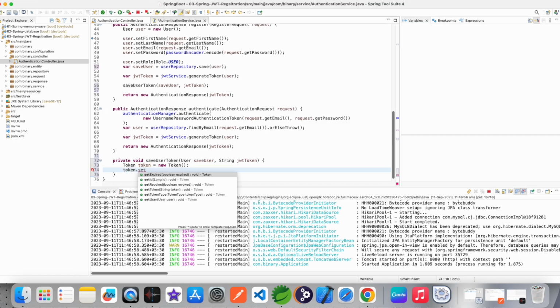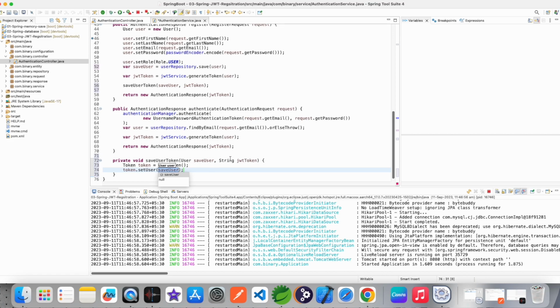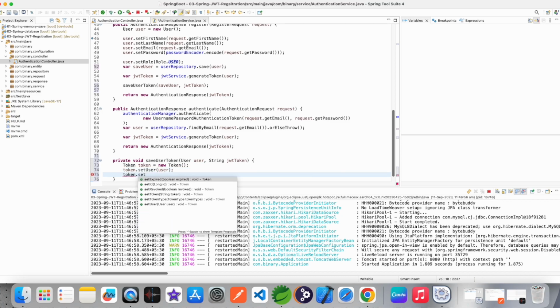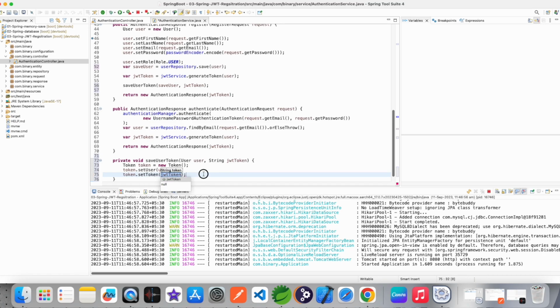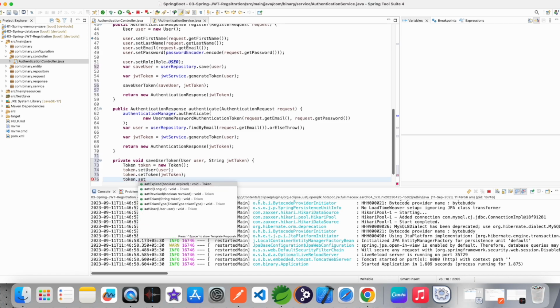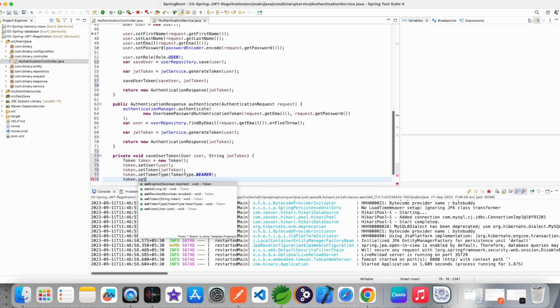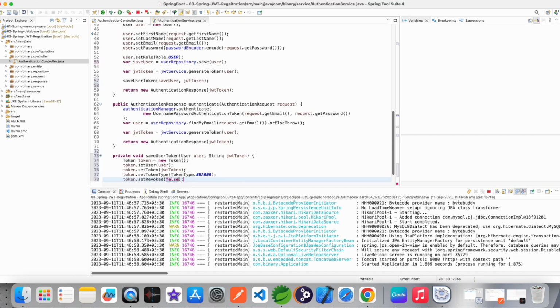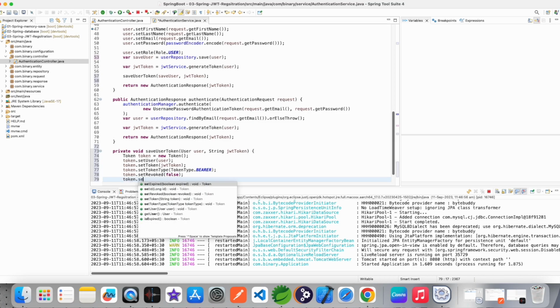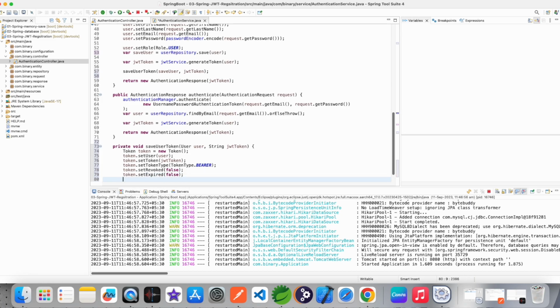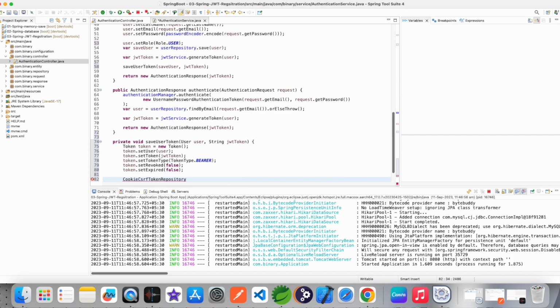First I want to set user, so I get this user. I want to name a different variable. Now save, set token which I received from argument, not token, set type, token type. Token type I get from enumeration bearer, and token dot set revoke. I want to set first as a 0 value, so I pass false, and expiration same as a 0 value, so I pass false. Then call token